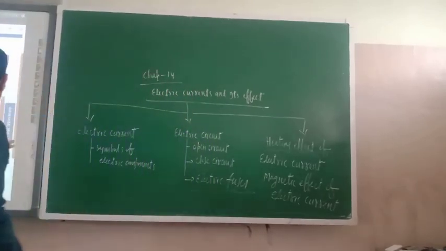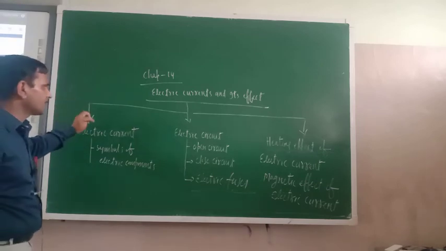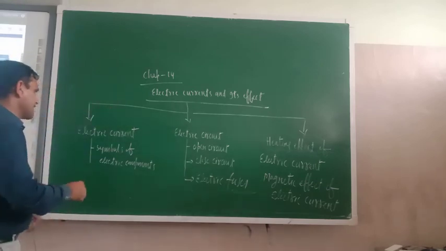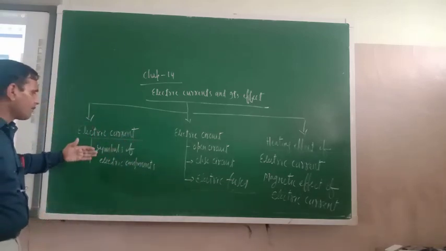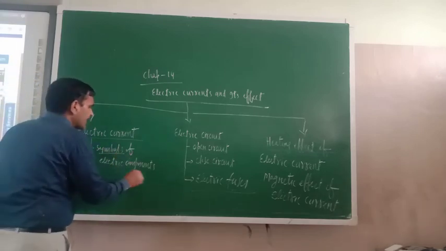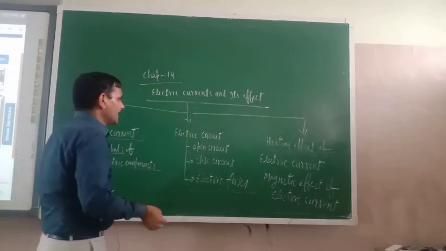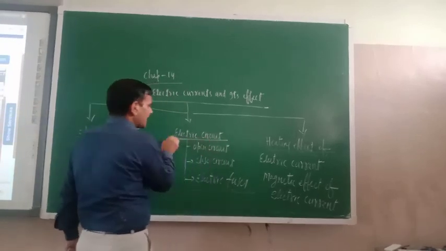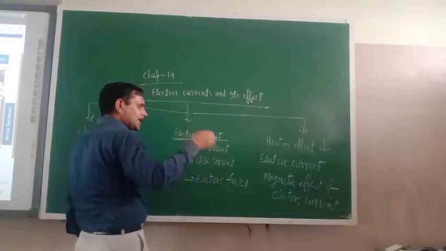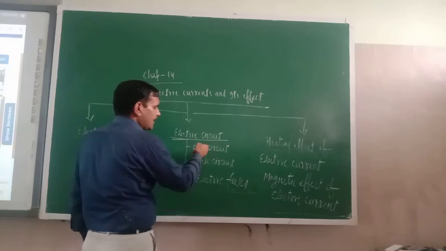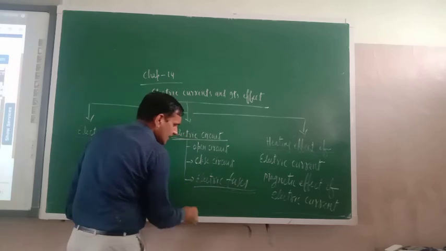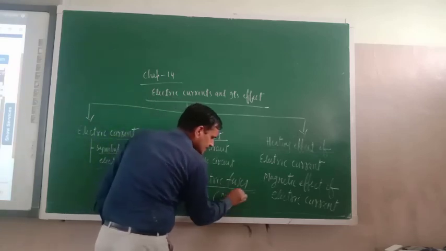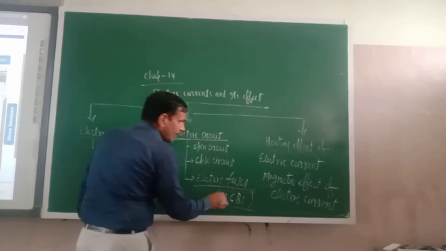These are the things which are included in this chapter. Once again I am repeating this. In this chapter we will study first electric current. Now in electric circuit diagram, how many symbols are involved? Next one is electric circuit. In electric circuit, how many types of electric circuits are there? Open circuit. Then next one is closed circuit. Then electric fuses are there. Under electric fuses, some special types of fuses are there, that is the MCBs.